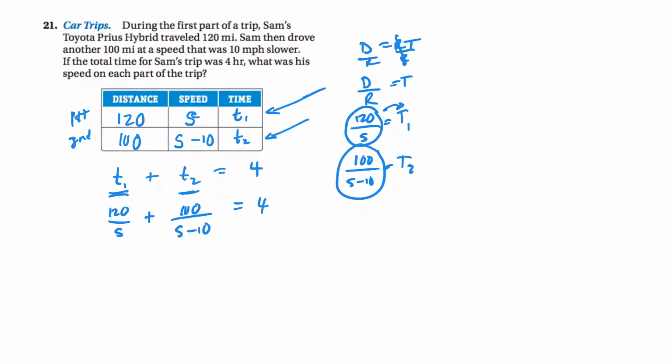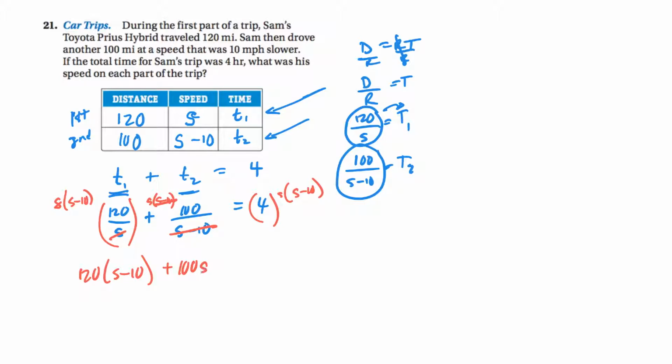So to solve this, I've got s's on the bottom. I'm going to want to multiply by the lowest common denominator, which is s times s minus 10. I'm going to have to multiply every term by that. So in the first one, the s's cancel, left with 120 times s minus 10, plus the s minus 10's cancel, so I'm left with 100s, is equal to, and now here I've got 4s,